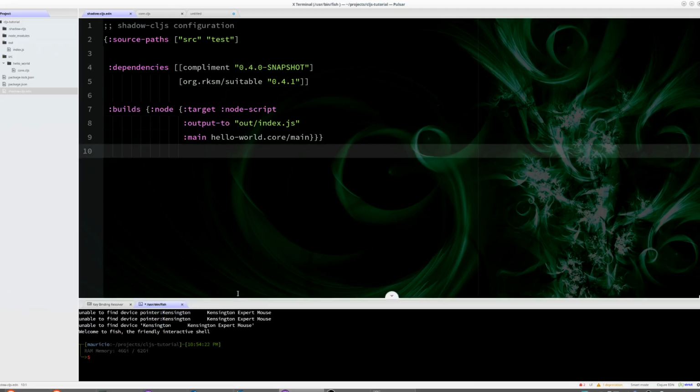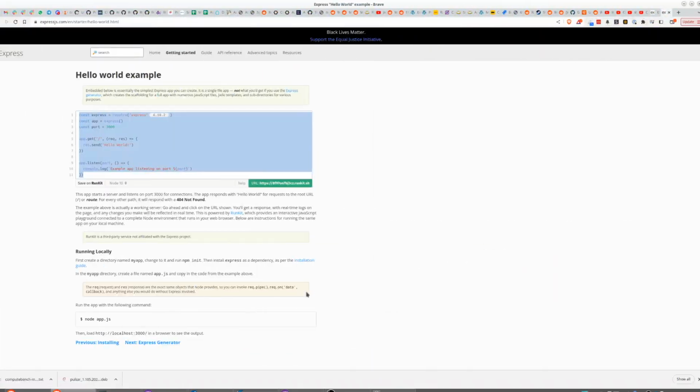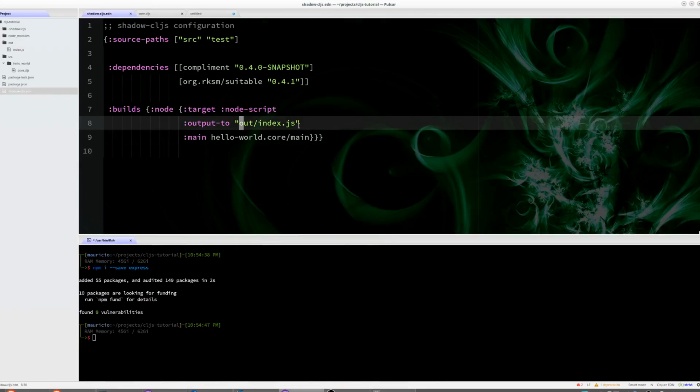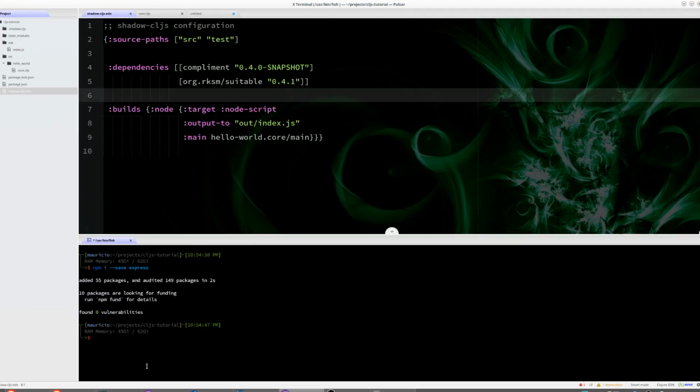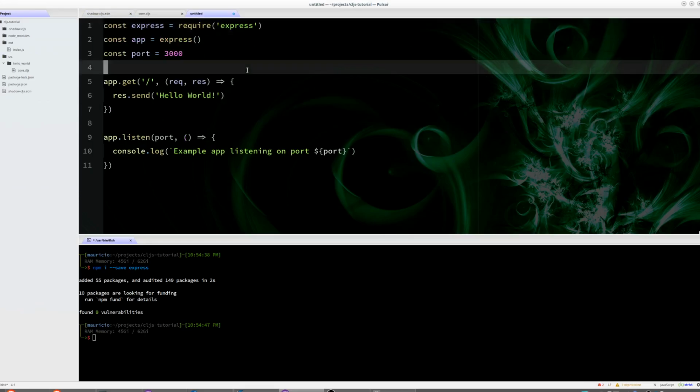So I'm going to use a terminal here, and what I am going to do is a simple Express.js server. So let me just try to resize here. Okay. So first thing, I'm going to install Express. I think Express, right? Yes, it is Express. Okay. So now I have Express.js installed, and I went ahead and basically copy pasted the hello world from their